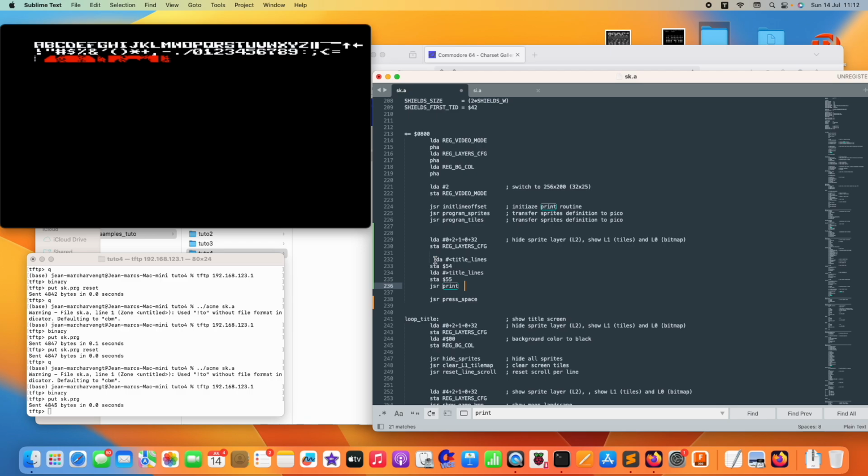You have to store the low and the high byte of the address where the text is. In this case I call it title lines, and then you call the print routine, and then we'll wait for the space key. So if I now compile this,